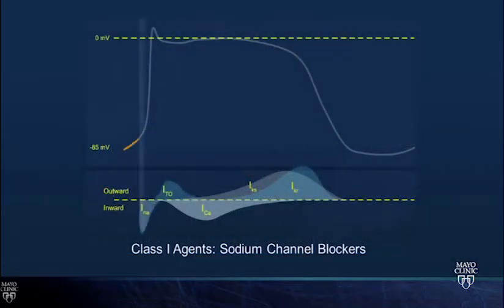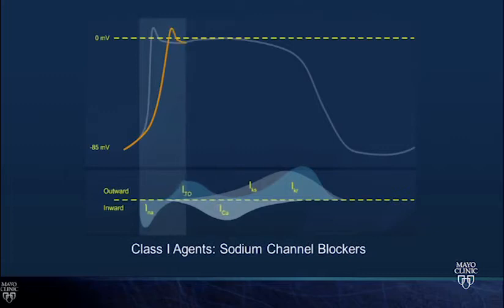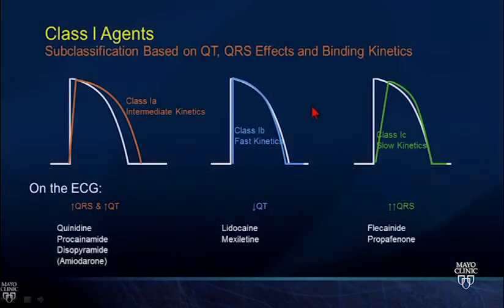So when you give sodium channel blockade, the phase 0 changes, whereas repolarization remains the same. So QRS prolongs, but QT interval overall remains the same. That's for class 1C drugs. So class 1C drugs, depending on binding to the channels, bind and dissociate slowly. So they are the most effective sodium channel blockers and the ones that we most commonly use in clinical practice,